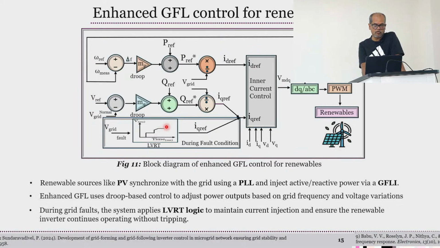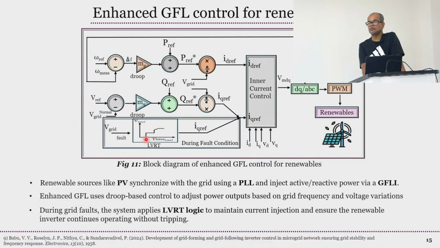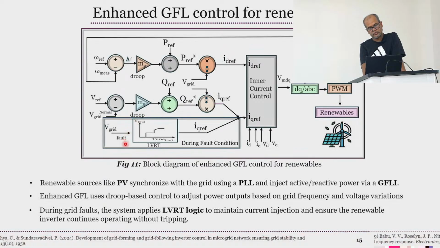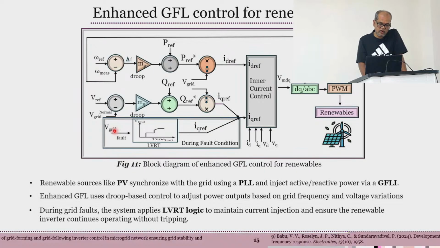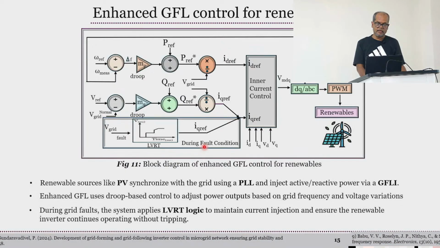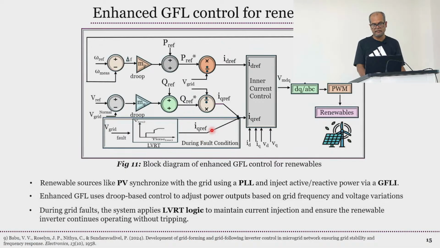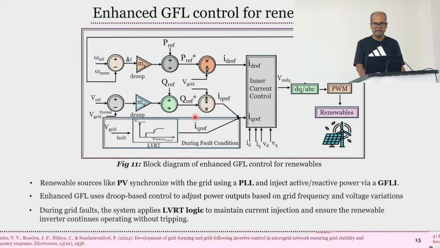system grid code requirement: if you have 0 voltage, how long you need to stay connected, and then from 0 to some other voltage. So that's a different requirement. As long as it is within that voltage range, when you have a grid fault, this LVRT control is going to produce some reference power, which at the end will be added to these two, and then applied as a reference Q axis current to the